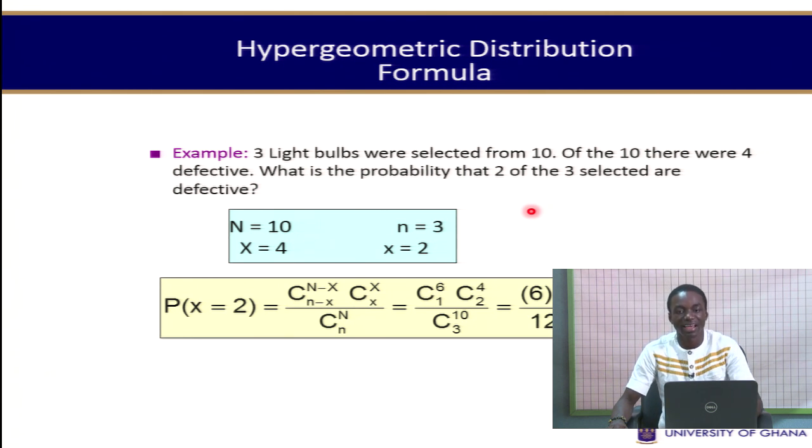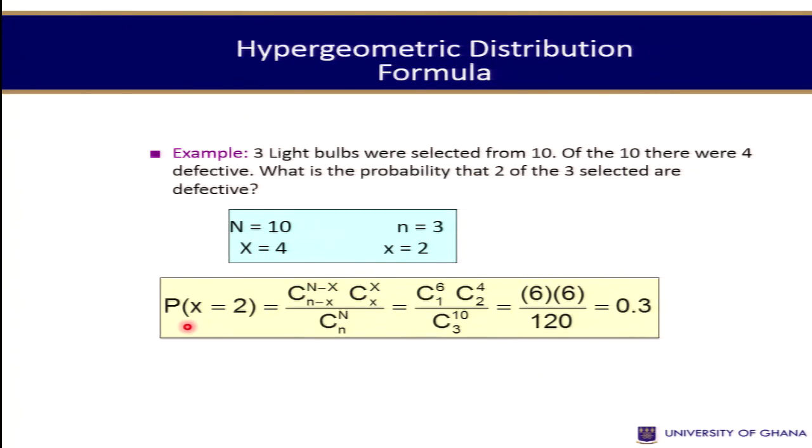Therefore, our big N, which is the population size, is 10. Our big X, the number of bulbs with the required attribute, the defective bulbs within the population, is 4. My sample size, small n, is 3. And then the number required, the probability of 2 defective bulbs out of the sample, that is small x, is equal to 2. So our probability that x is equal to 2 is given as big N minus big X